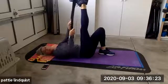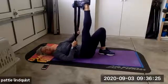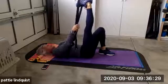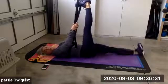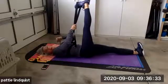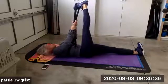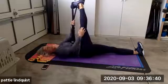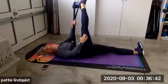Okay, now pull your strap to the inside. So you're turning your foot inward towards the midline of your body. Take it over, now put that leg down and put that foot lined up to that opposite shoulder, okay? And you should feel a really intense stretch on those peroneals and all the way down back of the knee